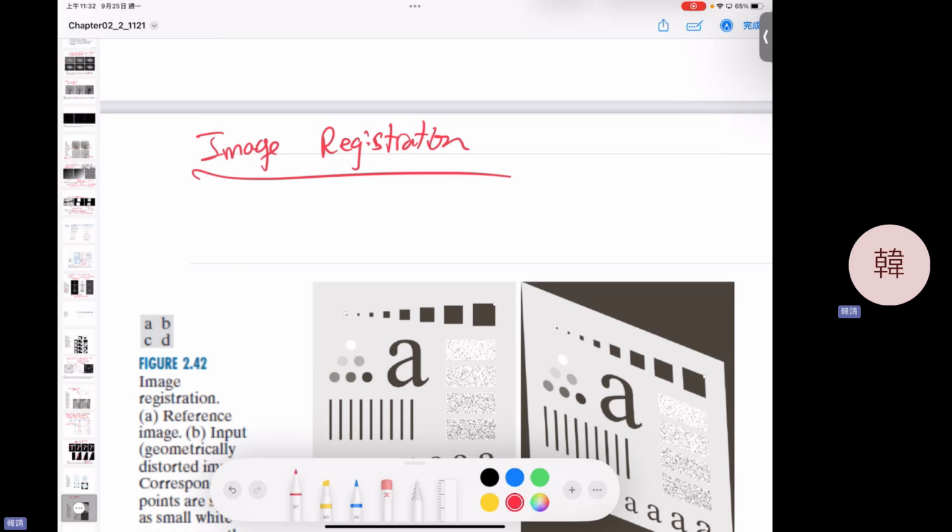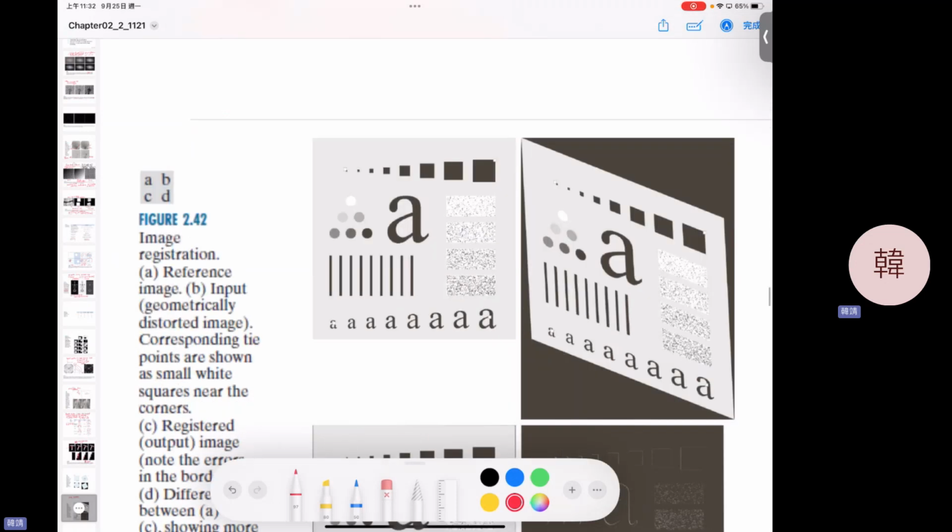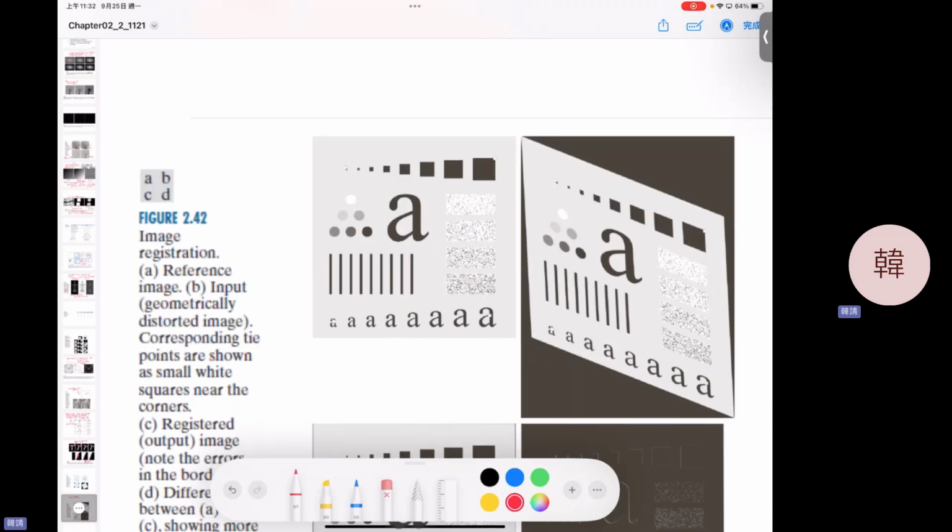So you need one reference image first. And for our transformation, maybe there are several ways. Okay, in research we have feature-based or intensity level-based approaches. Here, I just give you a very easy example. We are going to align 2 images together and see what the difference is. So this image is definitely transformed, geometrically transformed to a different shape. And you are going to recover it, do some image registration, and try to correct the difference after your